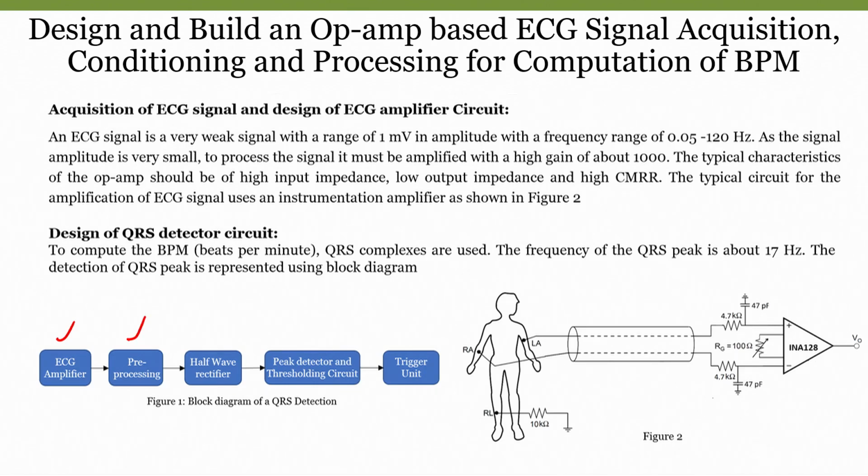If we recall our previous session, in order to find out our BPM, we require to know the QRS peaks. How many QRS peaks are obtained within a minute gives the measurement of our BPM. So, in order to find that BPM value, how do we determine this is our QRS peak, and when we see that, peaks can be either positive peaks or negative peaks.